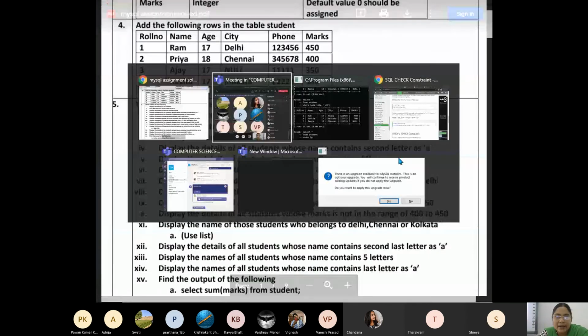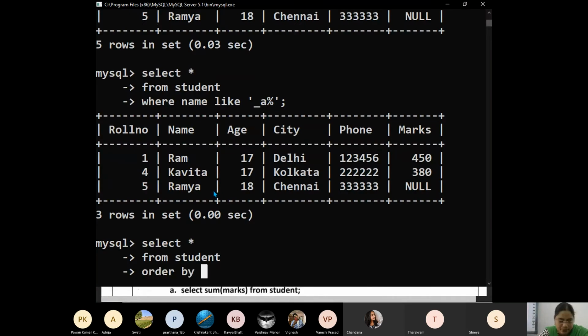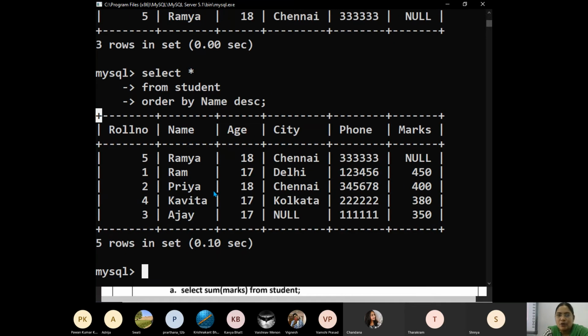Names. So what is the title of the names column? Name. Order by name DESC. Okay. Are you following? Order by name DESC. Now you can see alphabetical order reversed. Ramya has come first, then Ram, then Priya, Kavita, Ajay.